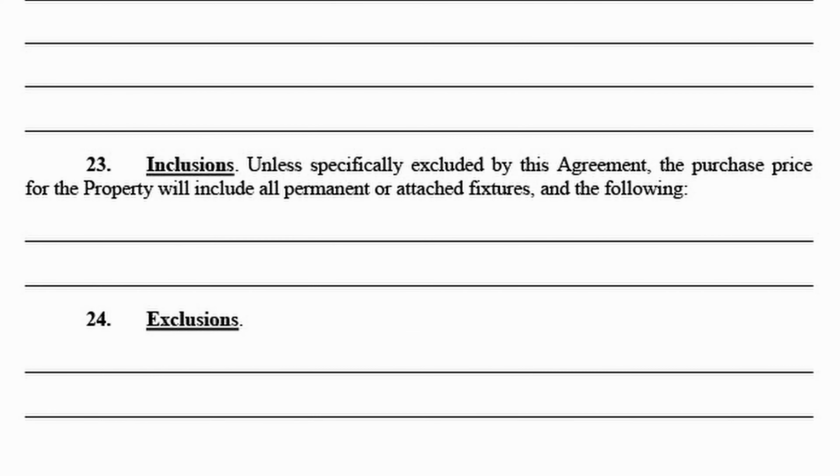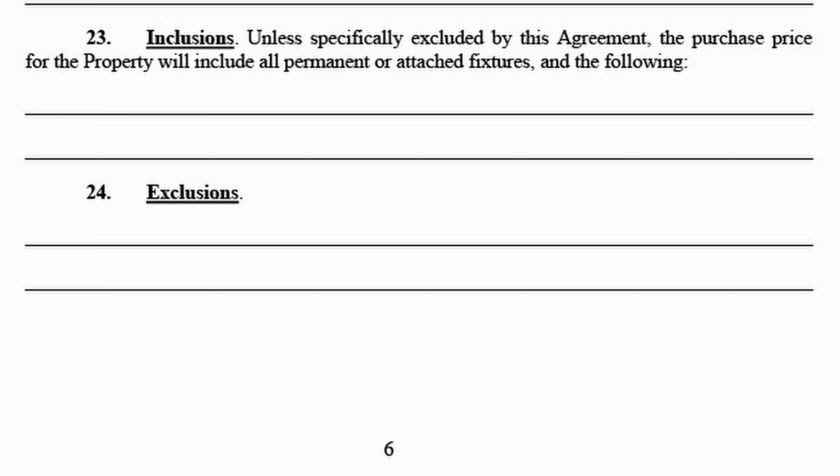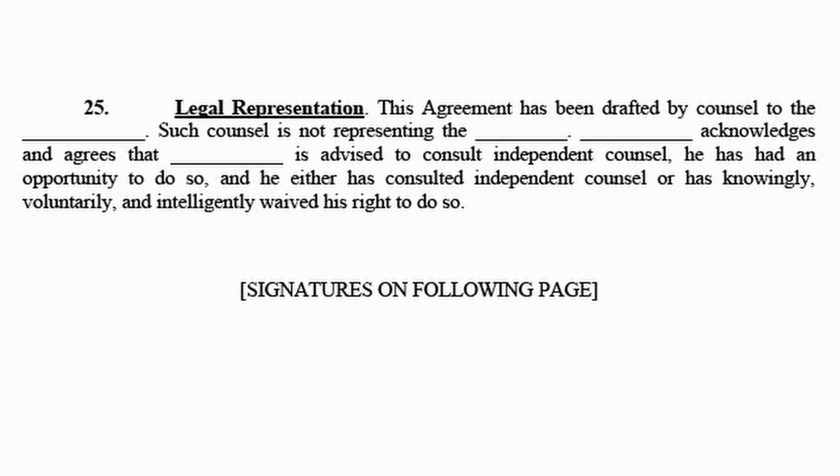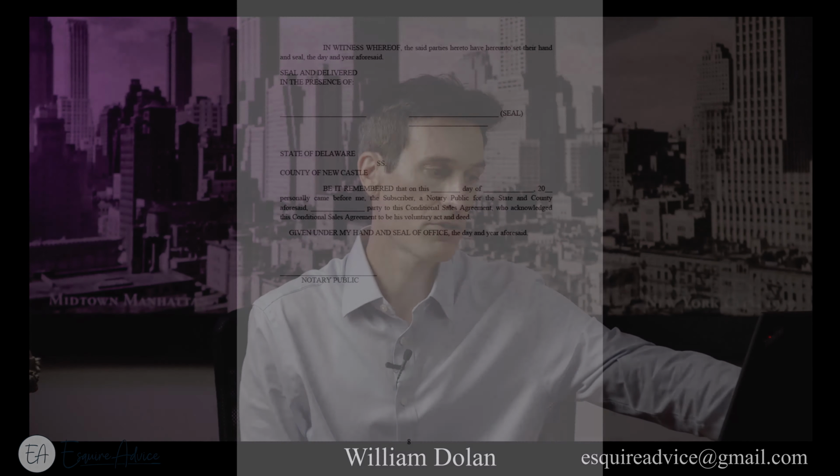Inclusions, anything that you want to be sure is included, the dishwasher, the range, whatever it is, put it on there. Exclusions, the seller might want certain things excluded. Write those on there as well. And then legal representation. This is a provision that may not be applicable. If you're buying the form and doing it yourself, it's not really going to be applicable. Very often I've been involved in transactions where I'm drafting it and I'm just trying to make sure that everyone knows who I'm representing and who I'm not representing. So if you don't need that provision, you can just go ahead and delete it.